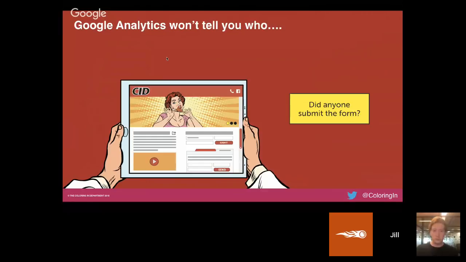We talked about, do people get through a particular form? Did they then bother to hit submit or send or yes, I want to get in touch with you? If you do not have a thank you page, so this is where if I fill out a form, I get a thank you URL that says /thank-you or whatever you've got. If you don't have that thank you landing page and it's just a submit button, so i.e. the page doesn't change, but a little pop-up might say, thanks, we've got your email, or somebody's going to have a look at this, Google will not be able to tell you if anybody submitted it,